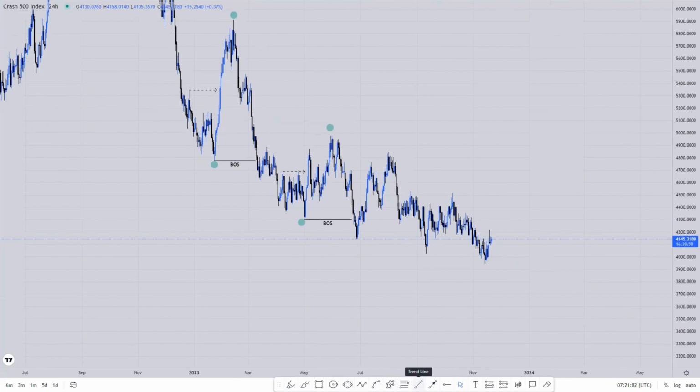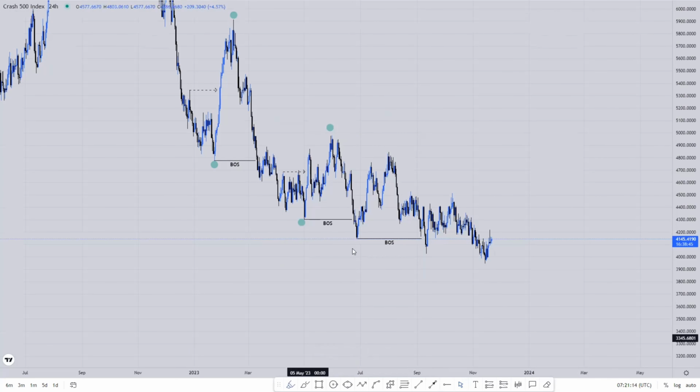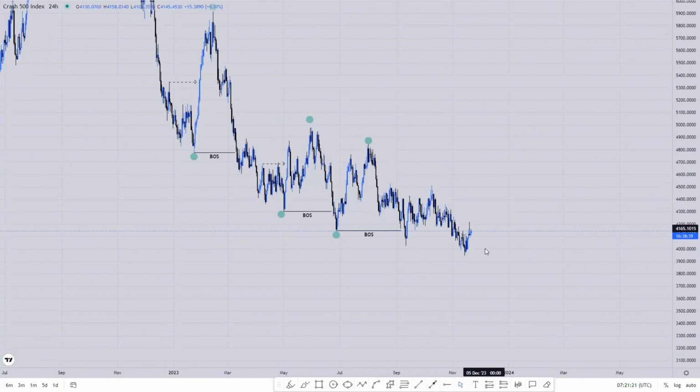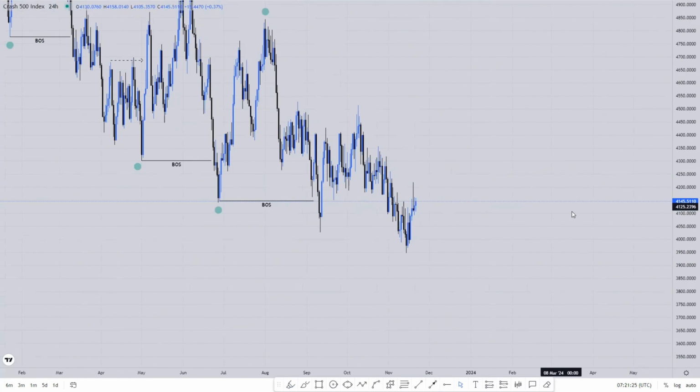So even if you wanted to harness or take advantage of it, you would have taken advantage of all the sales coming down. All the swing sales coming down, you would have taken advantage of them, especially on these zones that I'm marking like this. Those were opportunities where you could have entered your trades or your sales. So when you zoom in like this,